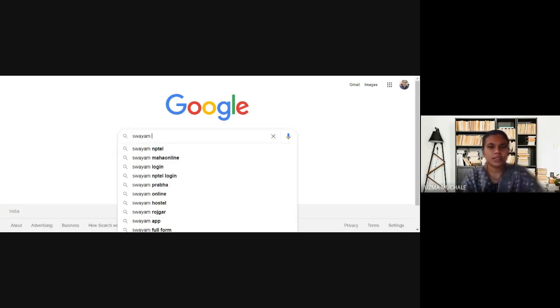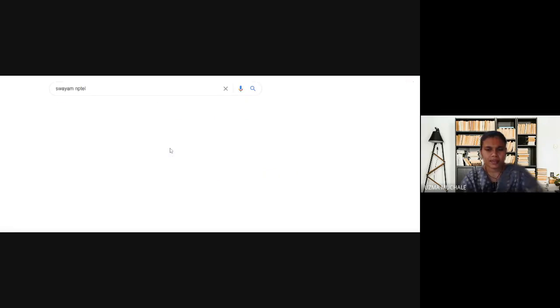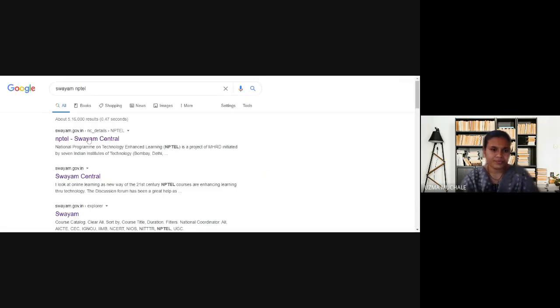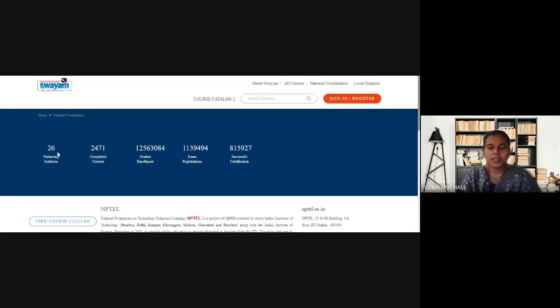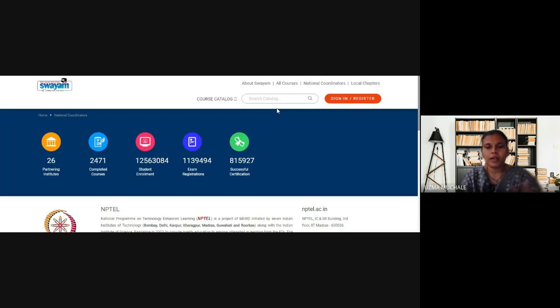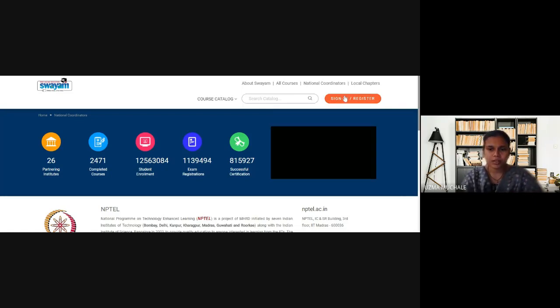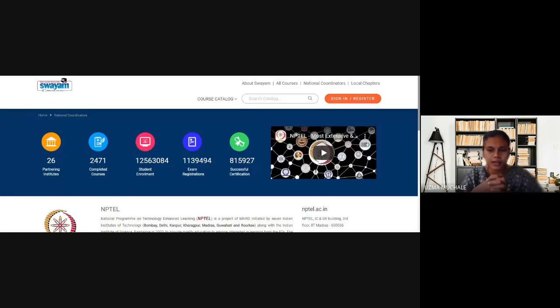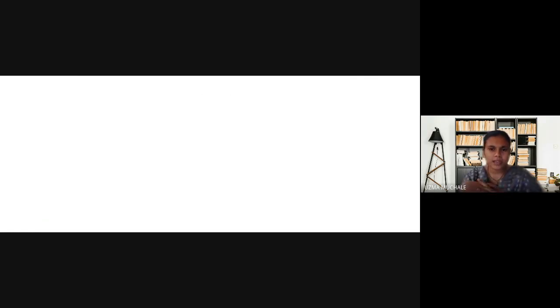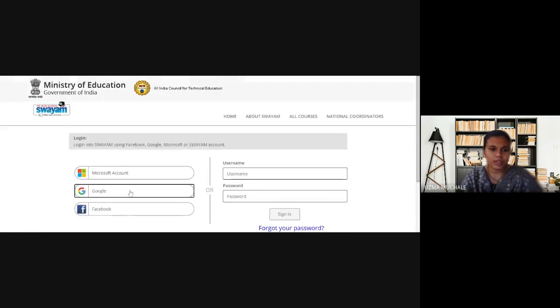Are you able to see here Swayam NPTEL? Now what you have to do? Whatever the first portal you observe here, you just have to click on that. This is possible in mobile also. But I am not taking the lecture from a laptop, so that's why I am showing here. You can do it on mobile. Mobile may show the same window. So here you have to register, sign in or register. Registration you have already done. So after signing in, here it will ask you to sign in through Google. The same things will be done in the same window, the same process.